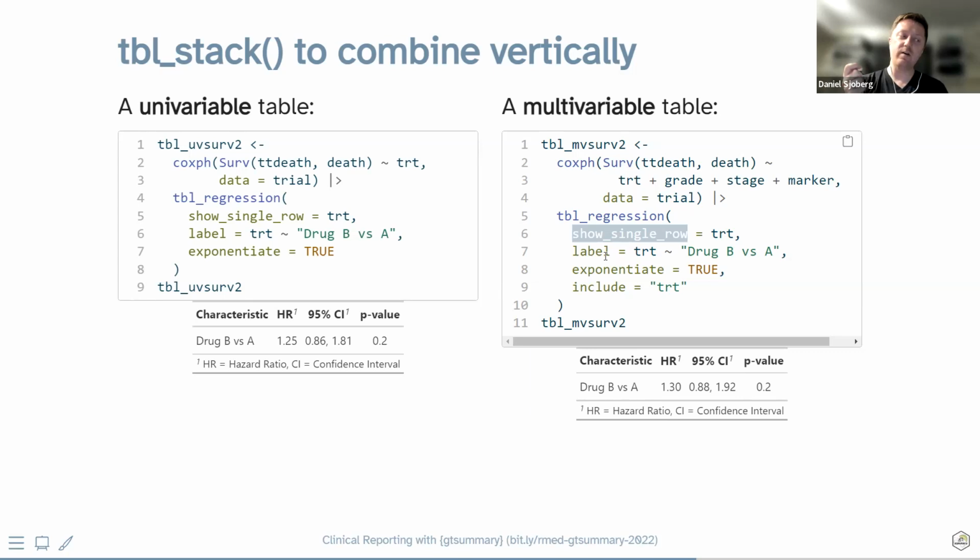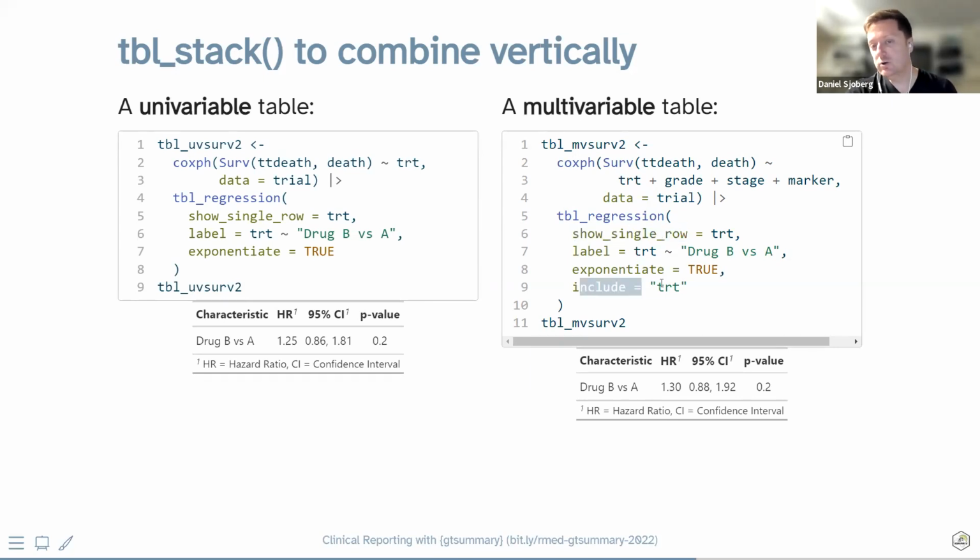So any variable that is binary can be presented on a single row, when by default it might have a header row plus the reference row plus the actual estimate of the coefficient. That can be a lot of white space in some cases when it's very obvious what the reference group is. So in this case, we are saying, please put treatment on one row instead of three rows.